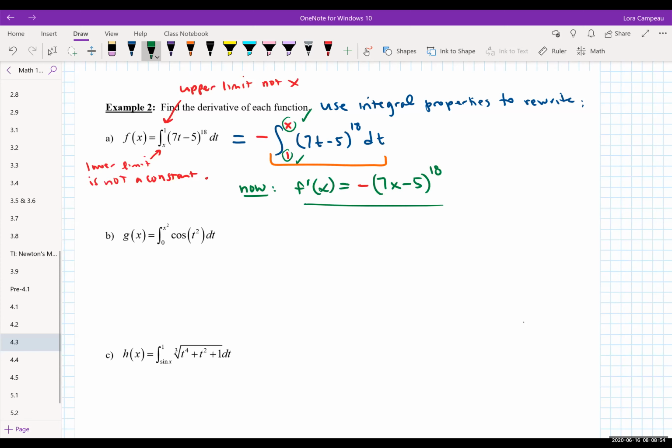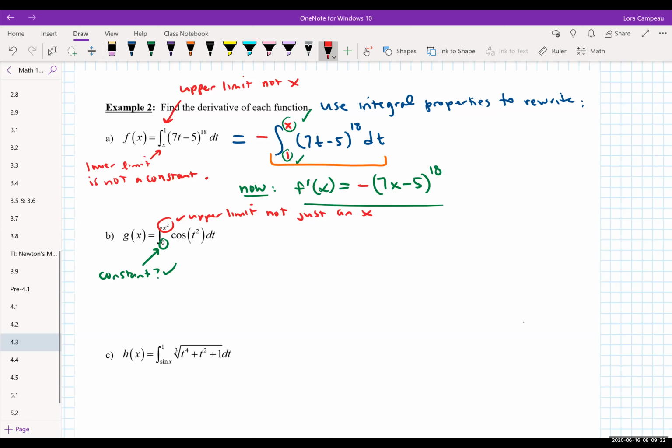For instance, looking at part B, what I noticed for myself is the lower limit is a constant. Yes, so that's good. But here, the upper limit is a little bit more complicated than just an x. Okay, so here's the issue. That's going to remind us of something. Whenever it's a little bit more complicated, so it's not just an x,